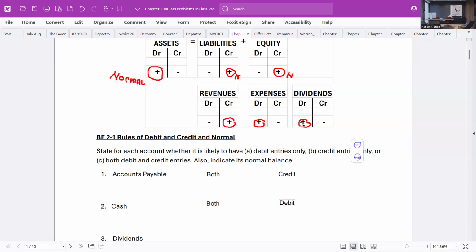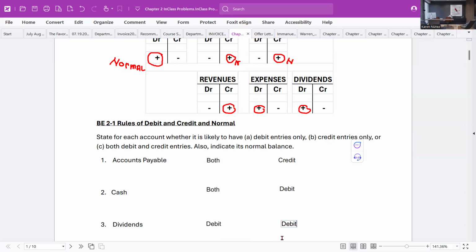And then dividends. Look at dividends. Generally, when we record dividends, we're going to be debiting that account. That's how we record dividends. And so typically you're only going to see debits in that account. There really is no reason for normal transactions for us to be crediting the dividends account. So in this chapter, all we're going to see really are debit entries into the dividends account. And of course, if that's how we increase the account, then the normal balance is going to be a debit